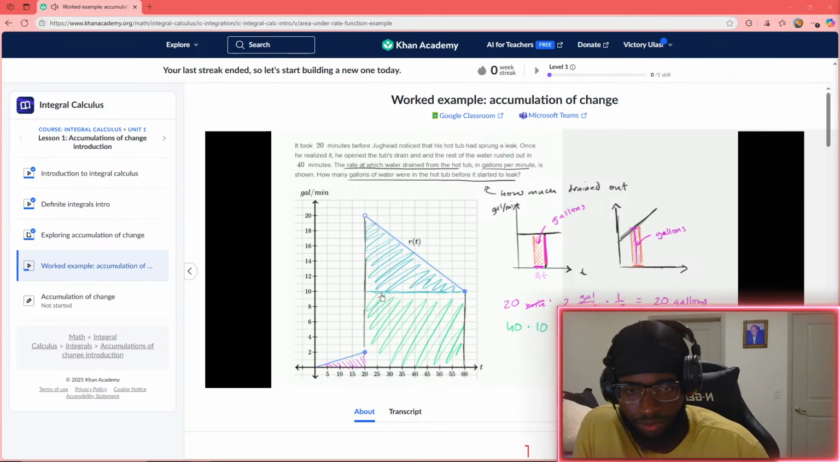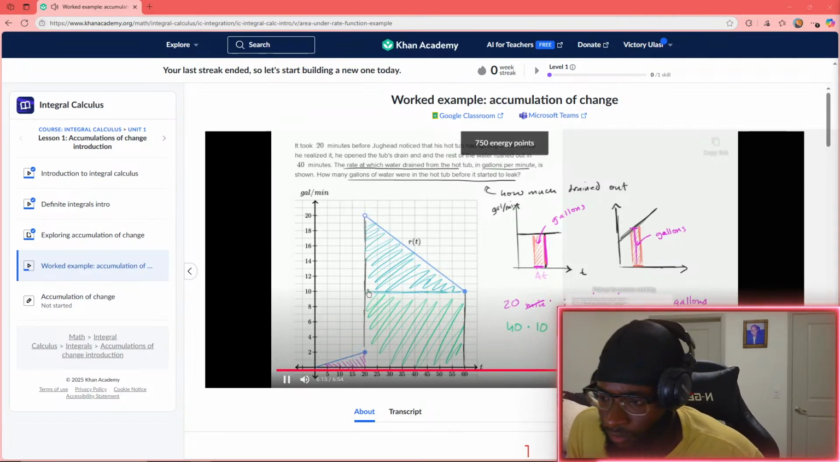And then finally in blue, I have 40 times this height right over here between 10 and 20, which is another 10. But then I'm going to multiply that times 1 half. So it's going to be 40 times 10 times 1 half, which is going to be 200. And so you add all of these areas together: 400 plus 200 is 600, plus 20. You're going to have 620 gallons. 620 gallons is how much water in total drained out, or how much water was in the tub before it